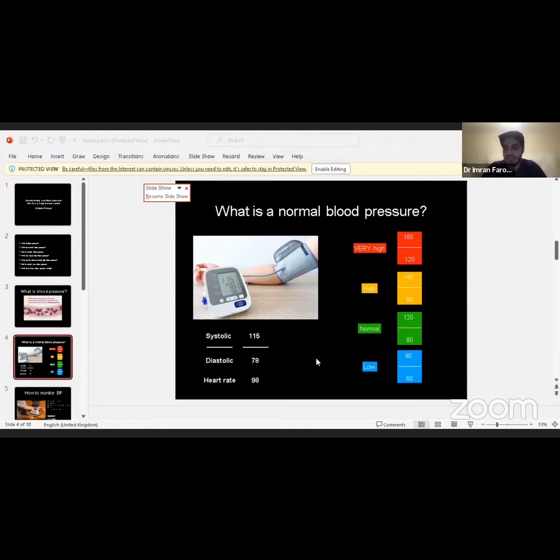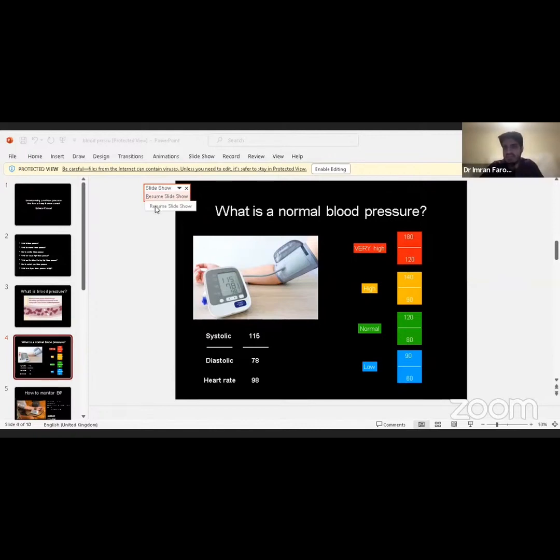Now, the thing about blood pressure is we don't feel it when our blood pressure is high. We don't feel it, and that's why it's quite a dangerous condition. It's known as a silent killer. We won't know that our blood pressure is high unless we check it on a reading on a monitor like the one in the picture shown. So we'll talk a little bit about how we can go about measuring it in a while.